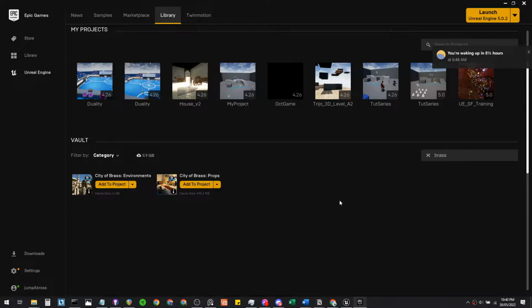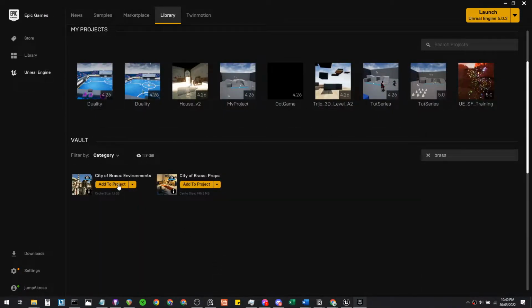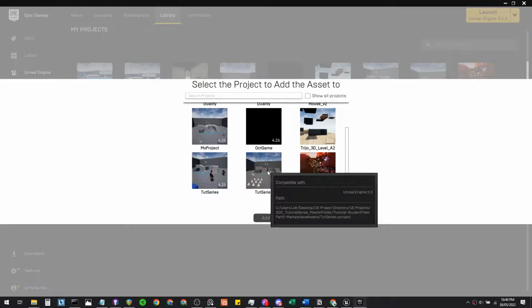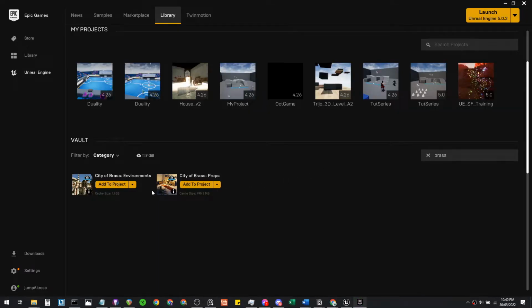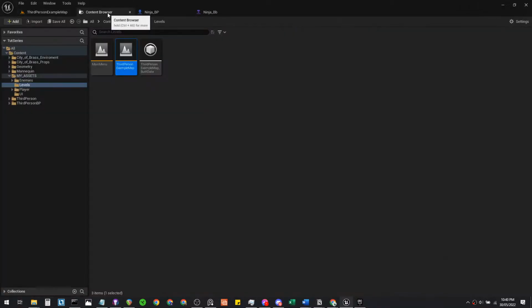Alright, so now it's finished downloading. And the next step we want to do is to click add to project here, and we make sure that we're clicking the correct one. Double check the path, add to project. Oh, cool. Alright, so now we're back. It seems like download is complete, and since we've already added this to project, it should appear in our content browser within the editor. Alright, so let's hop into content browser here, and let's go back to the main directory,